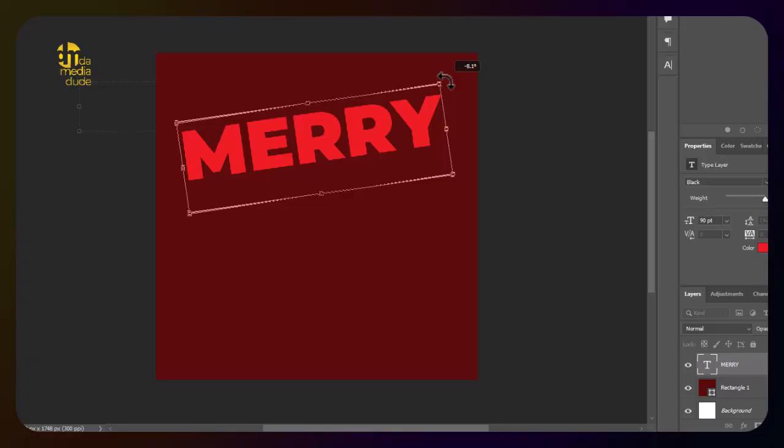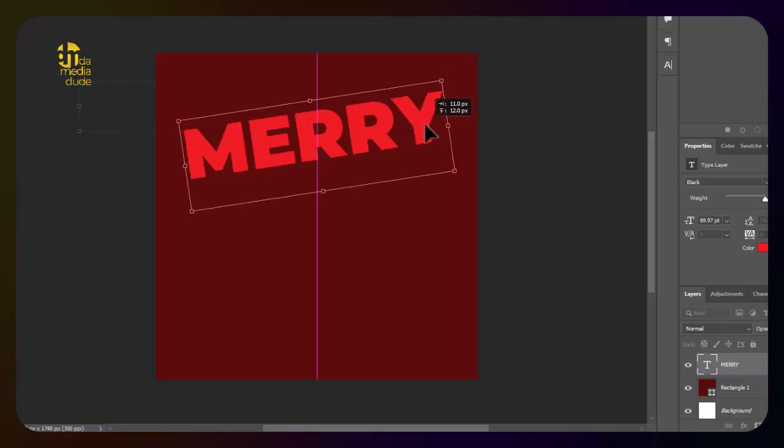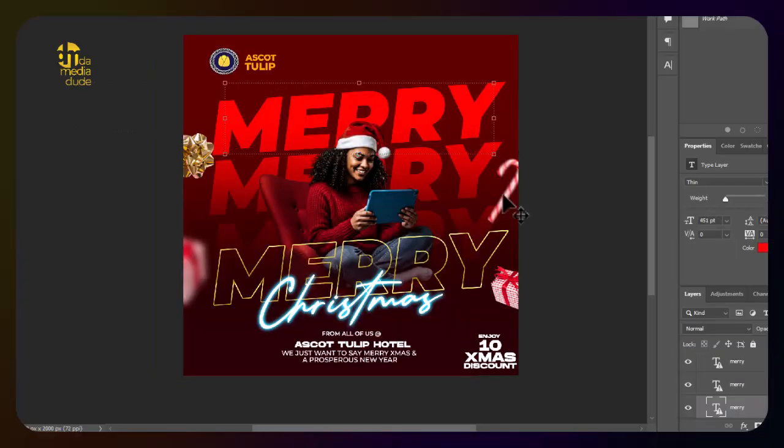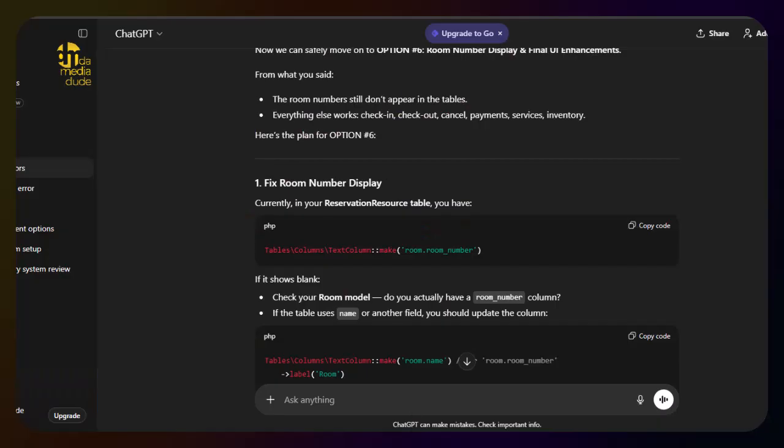So this is the first step. I just scale that a little. Simple. Now I want to add an image. Now assuming I don't have this image here, I have this image here. Now these resources are going to be very important. As I said, watch to the end. Now I use resources such as